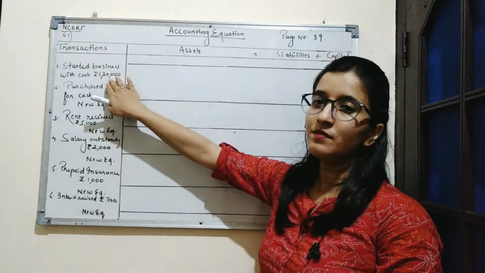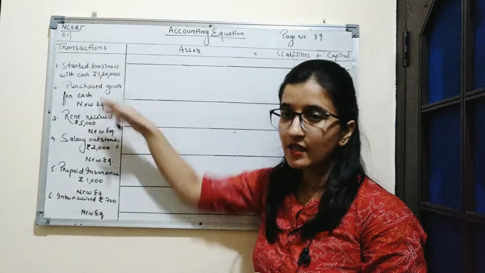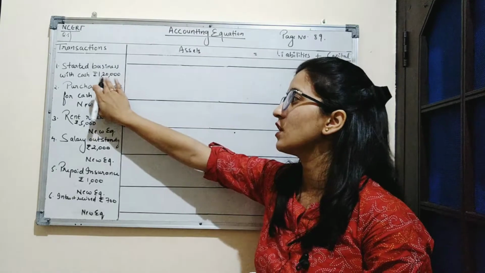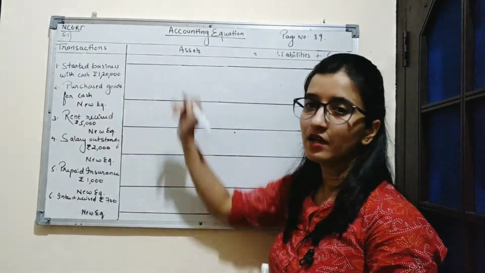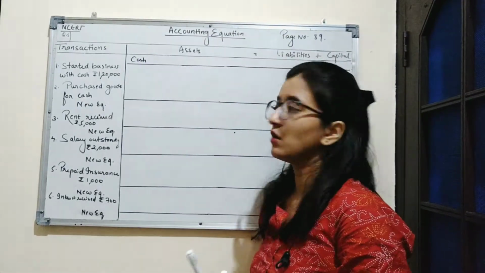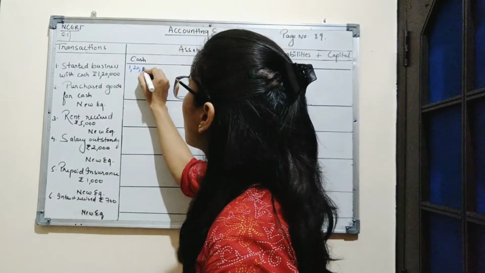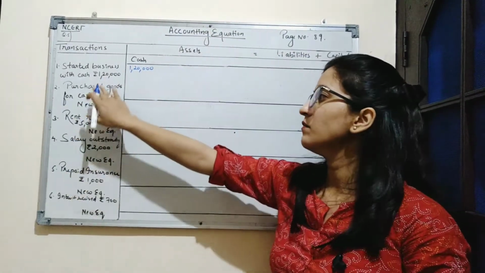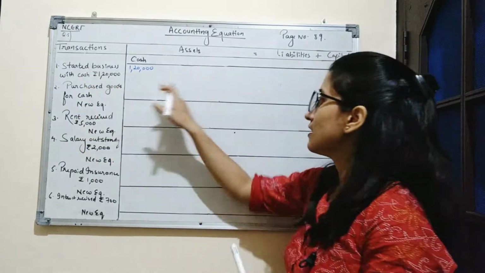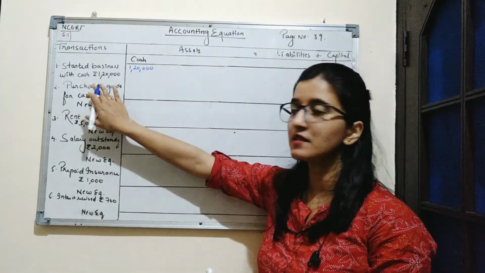Now here, firm is receiving a cash of rupees 1,20,000. Cash is an asset. So there is an increase in asset of rupees 1,20,000. So we'll open a cash column on asset side with the amount 1,20,000. At the same time, this cash is a claim against the company as a capital. It is a liability for the business also, because business and the businessman are separate entity.